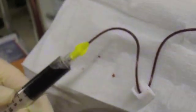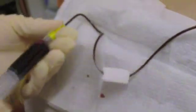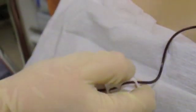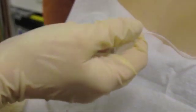A new, empty, sterile syringe is attached onto the end, and the necessary amount of blood required for tests is then taken. After that, a new syringe of saline is used to flush the line again to get rid of the blood and clean it. Finally, an anti-clotting drug called heparin is put into the line to stop blood clotting in the end, blocking it